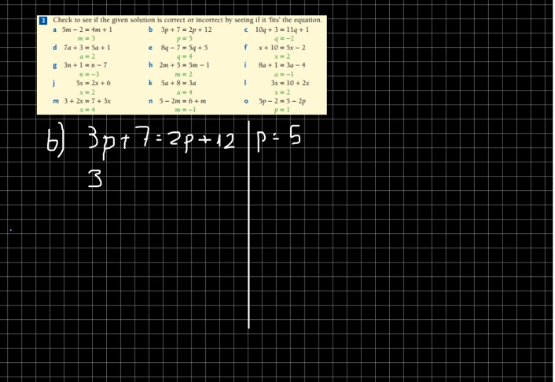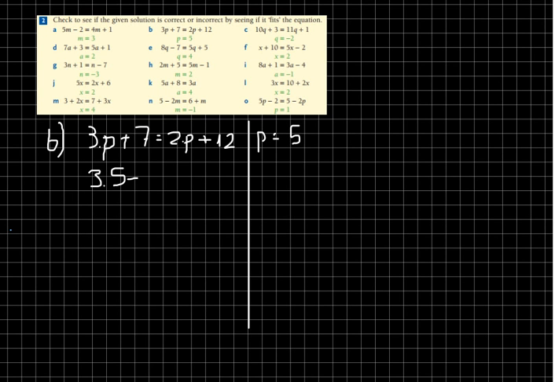For instance, we're going to leave the 3, but we're going to replace the p by a 5. And don't forget that if between a number and a letter there are no signs, we can assume that there is a multiplication there. So here we're going to multiply 3 by 5 because we are replacing the letter p by the number 5,